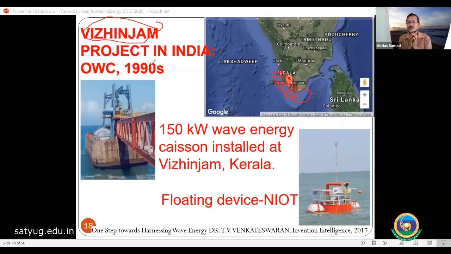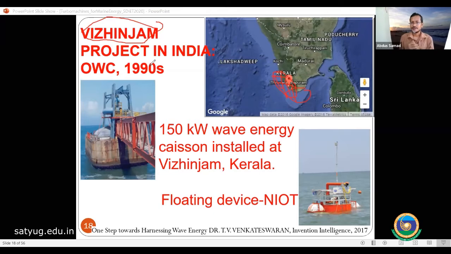Then after that, NIOT got formed, the National Institute of Ocean Technology, in Chennai. Initially it took birth from our department. Our department professors became directors of NIOT because NIOT then got new space. So it started from our Department of Ocean Engineering, IIT Madras, and our professor became director there. Then NIOT and IIT Madras jointly do research, and that is still continuing. Normally we do projects together which have real application.